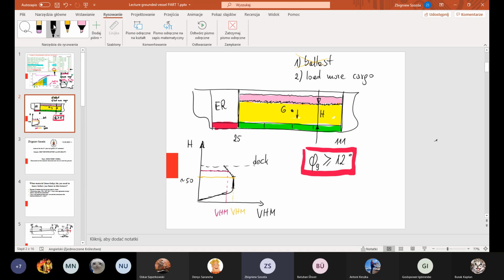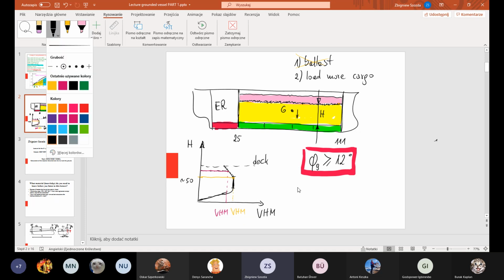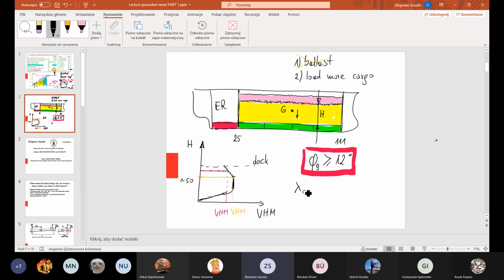Yeah, and if you remember, I hope everybody remembers, lambda O, the healing lever caused by grain shifting, is calculated in such a way. Maybe somebody will tell me, I don't remember what the formula is, how we calculate lambda O, the healing lever caused by grain shifting. It's VHM multiplied by specific weight, not stowage factor, specific weight over displacement, and divided by displacement. Okay, so this is the key here.